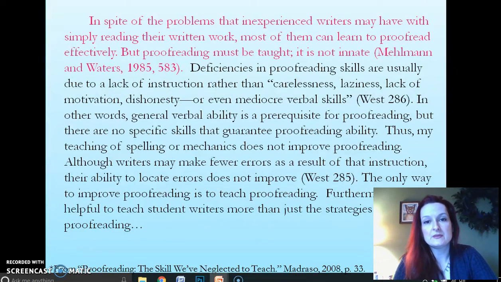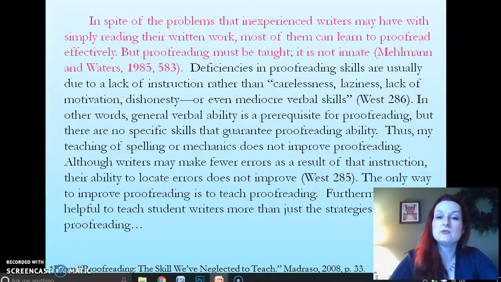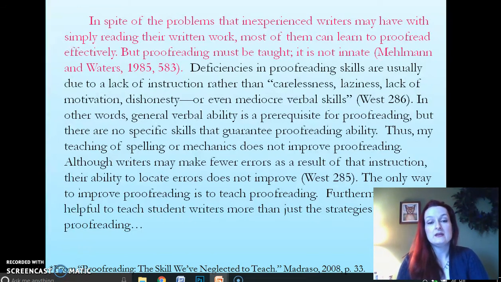In spite of the problems that inexperienced writers may have with simply reading their written work, most of them can learn to proofread effectively. But proofreading must be taught. It is not innate. Deficiencies in proofreading skills are usually due to a lack of instruction rather than carelessness, laziness, lack of motivation, dishonesty, or even mediocre verbal skills. In other words, general verbal ability is a prerequisite for proofreading, but there are no specific skills that guarantee proofreading